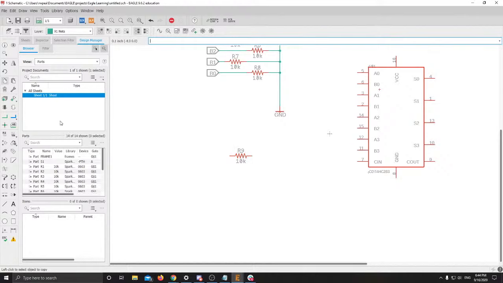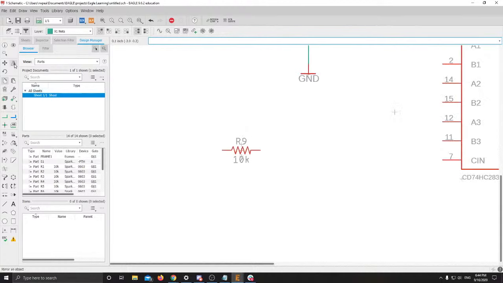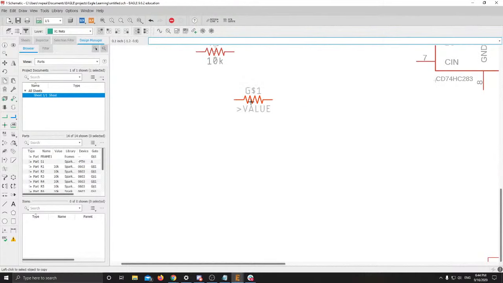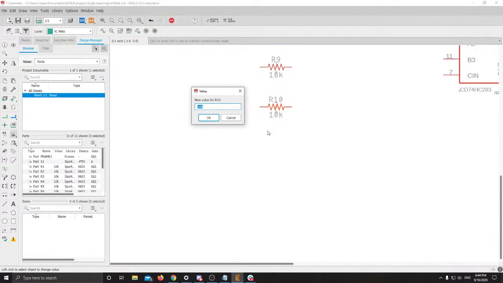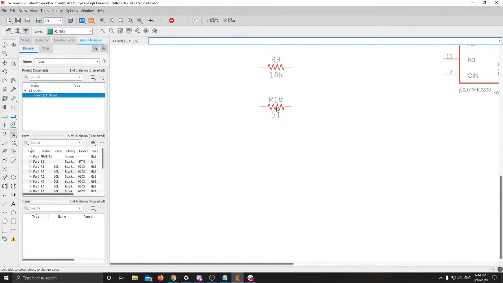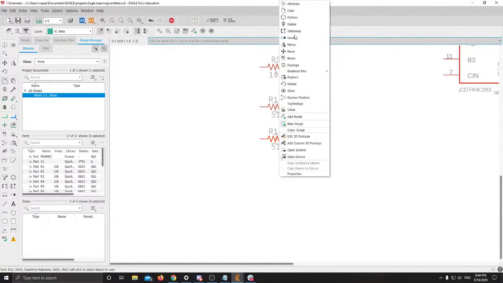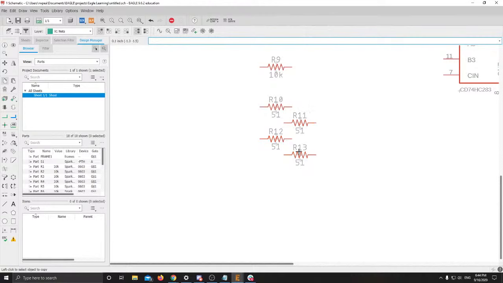That's convenient. So since I need to add 9 51 ohm resistors, what I'm going to do is copy this again, put it down here, and then go in and edit the value. Just enter 51. Now if I escape again and do copy, I can place down a bunch of these. That's usually faster than redoing each part, but if you prefer, you can add them and then edit them all. Let's see, 5,